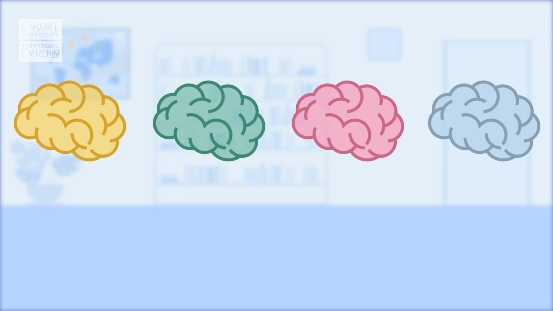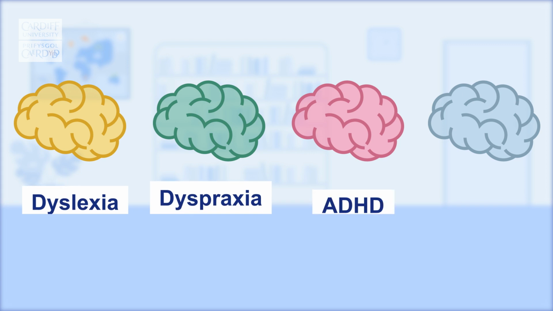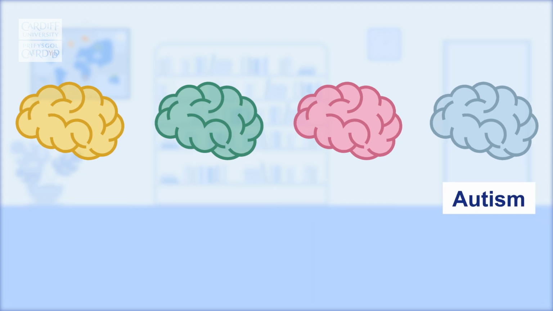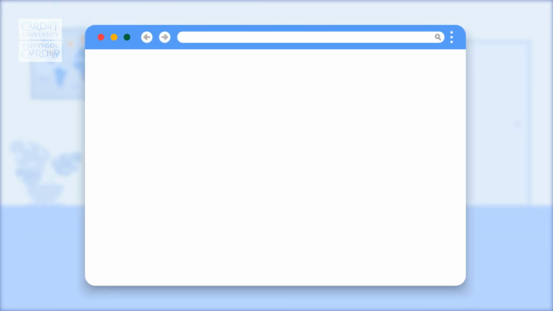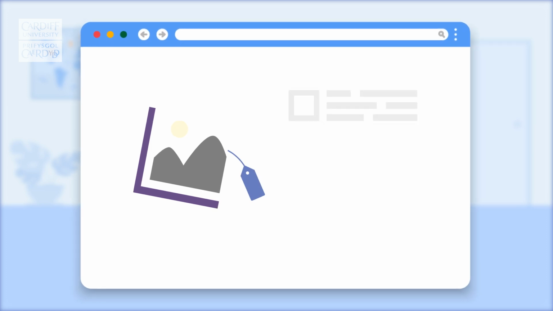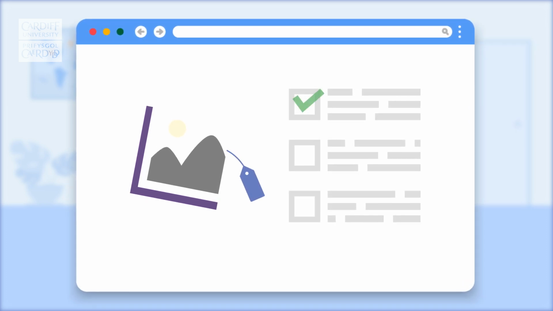Neurodiversity is a term applied to those with neurological differences, including dyslexia, dyspraxia, ADHD, or those on the autistic spectrum. When it comes to creating digital content for neurodiverse users, it's important to consider web accessibility. Web accessibility is achieved when websites, tools, and technologies are designed and developed so that a neurodiverse audience can use